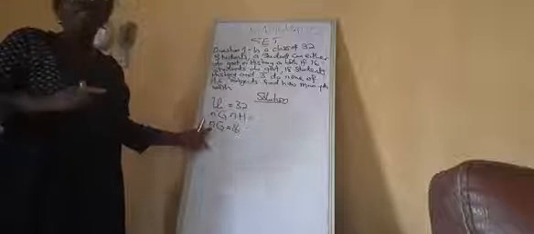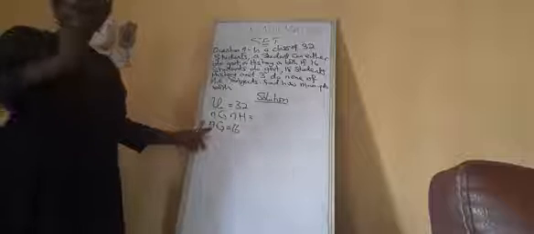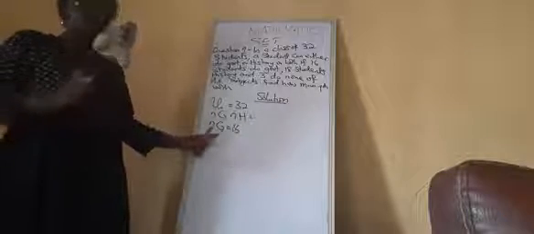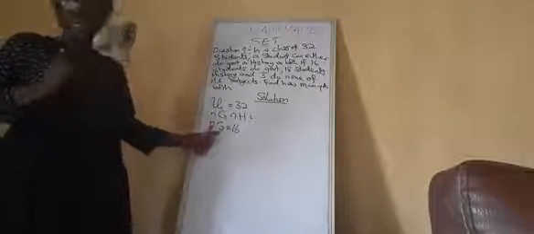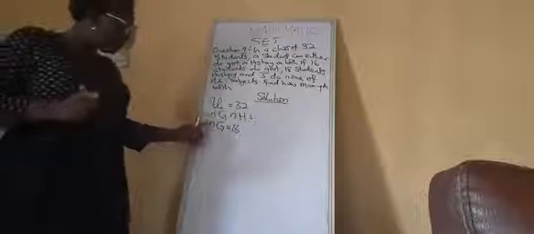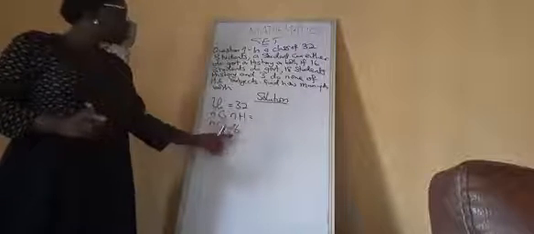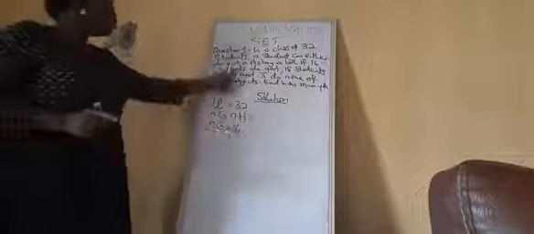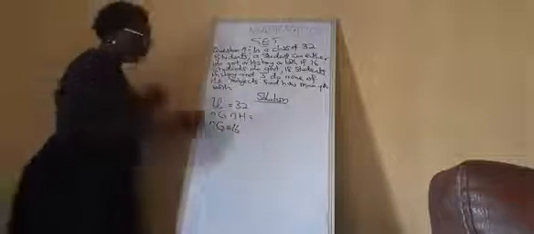And don't forget that the set is well defined as a collection of objects. The set is denoted with a capital letter. Anytime you are solving a problem, the set, you must write it in capital letter. That's why I wrote the number of government to be 16. If 16 students do government, 18 students do history. So the number of history